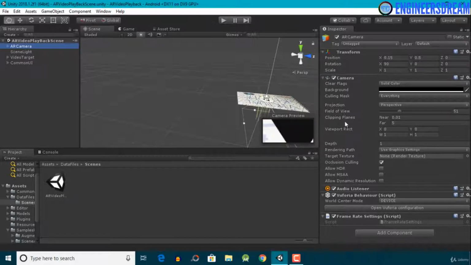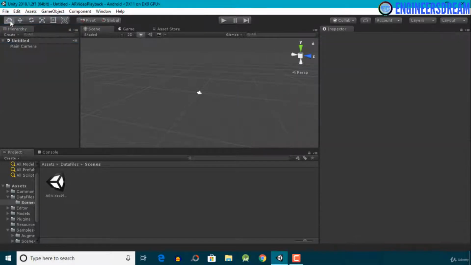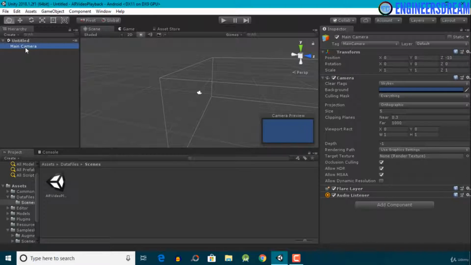To explain clipping planes properly, I'll just create a new Unity scene. So I'll click on File, I'll then click on New Scene. Next I'll select the main camera. I'll change its projection from orthographic to perspective. After this, if I zoom in on the main camera,